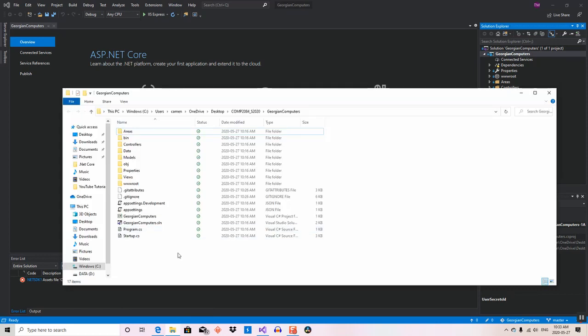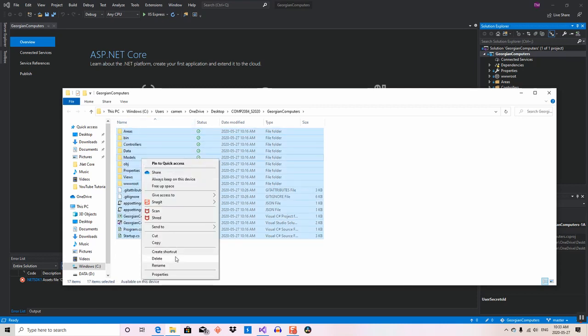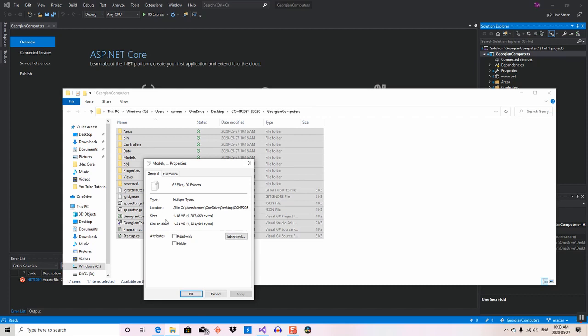One thing I want to highlight here is that I'm in my project file folder, and I want to show something really interesting. All of those files so far come out to 4.18 megabytes, which is a huge difference from pre-ASP.NET Core. That's the one great thing about Core, is how lightweight it is compared to previous versions of MVC